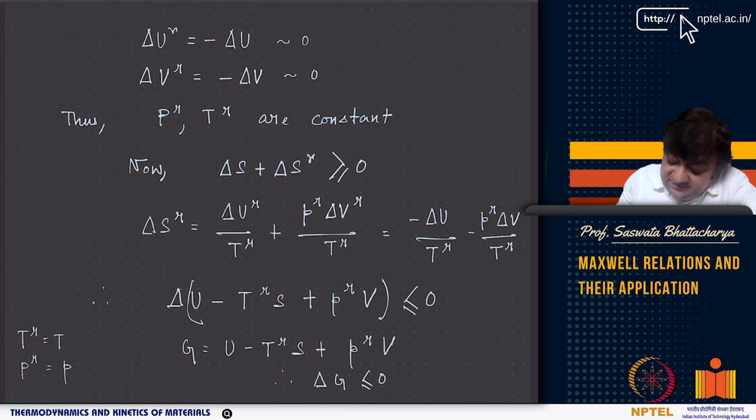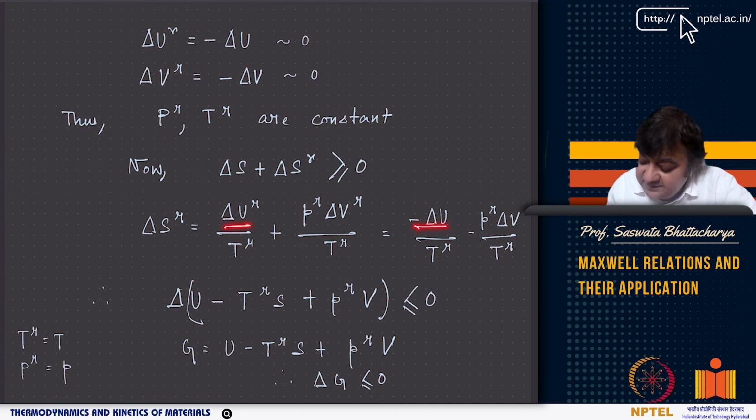Now, delta S reservoir is nothing but delta UR by TR, and also you have a change in volume of the reservoir, right? So you have PR, the pressure in the reservoir, times delta VR, because there is a change in volume because the wall is flexible between the system and the reservoir. So you have PR delta VR and delta UR by TR. So you have delta SR, which is delta U plus P delta V, right? So delta SR, which is delta UR by TR plus PR delta VR by TR,